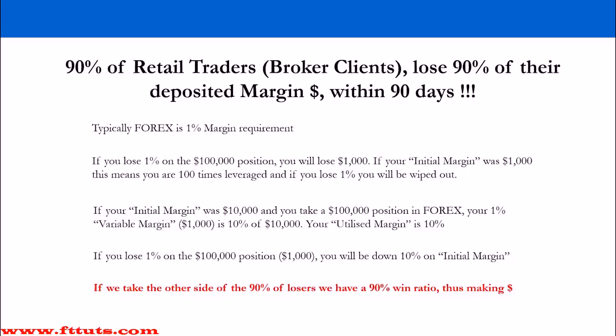Forex in Europe and Asia is typically a 1% margin requirement. In the US, if you get access to Forex futures via your broker, you may be able to trade on 10% margin requirement, but typically it will be about 20–30% until you've built up a profitable track record. Then the broker will allow you to lend or borrow more money. But let's use the 1% example because it is a slightly extreme case, but it's actually very, very typical in